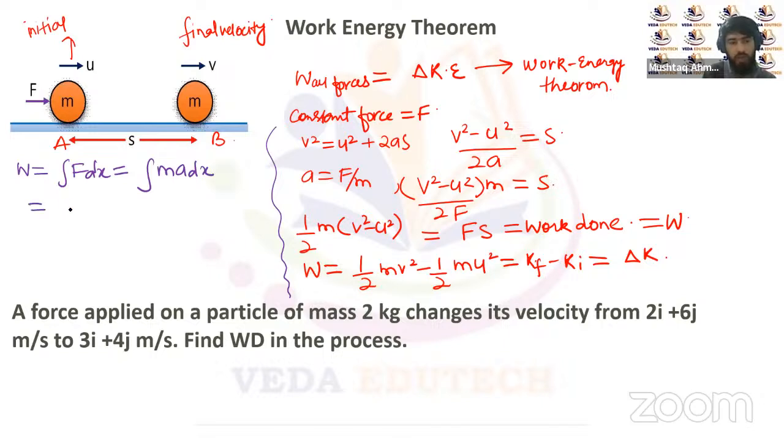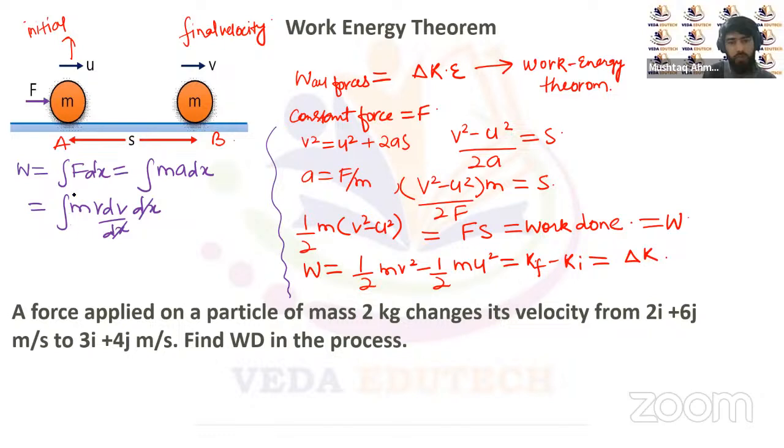So we can write a as v dv over dx, multiplied by dx, so from here the dx will cancel. I will integrate it from u to v. Integration of v with respect to v will be v square upon 2, with the limits u to v. It means the work done will be